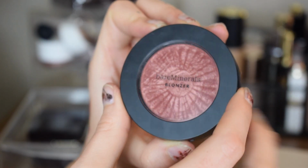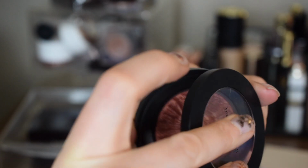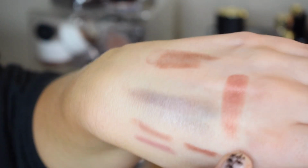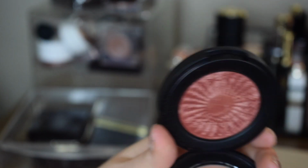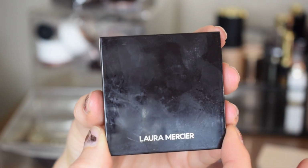This is the Bare Minerals Bronzer, in the shade Kiss of Rose. This is a super foiled, baked, very pigmented blush. I almost see it as an eyeshadow. Look at that. But it does blend out very beautifully. It's the ultimate bronzer. This is the definition of bronzer. It's really beautiful. I'm obviously keeping it. One of my favorite